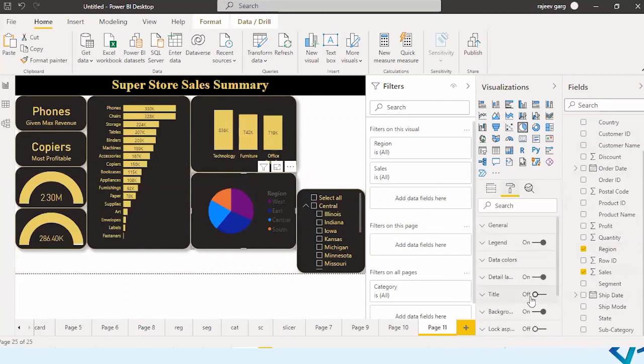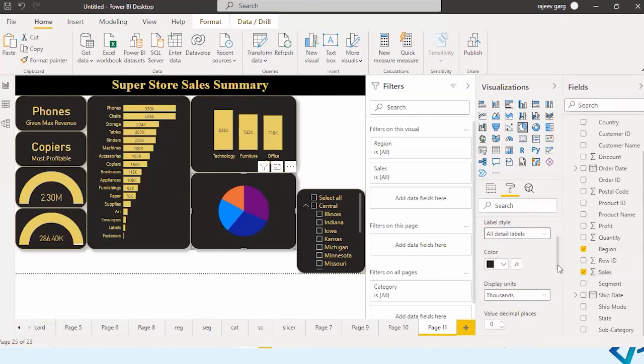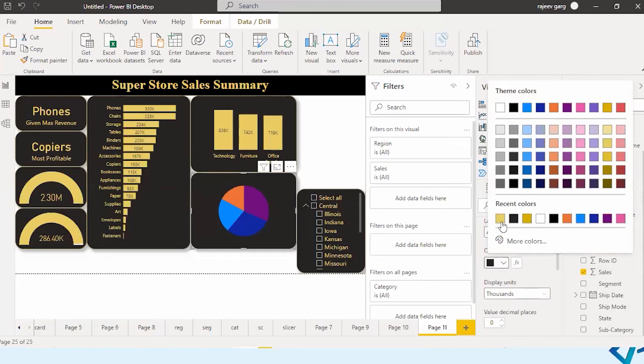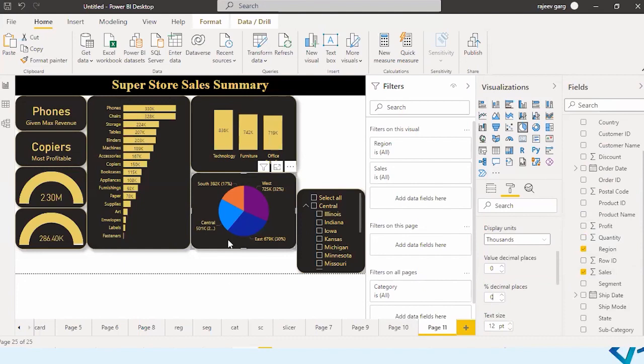And quick formatting: I don't want the legends over here and I want detailed data label. Color should be this and no decimal places. Right, this is what we are getting over here.